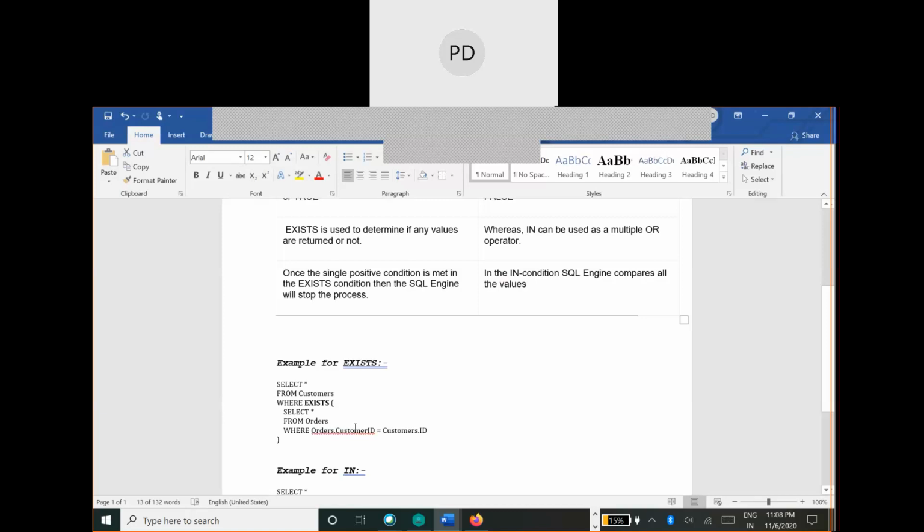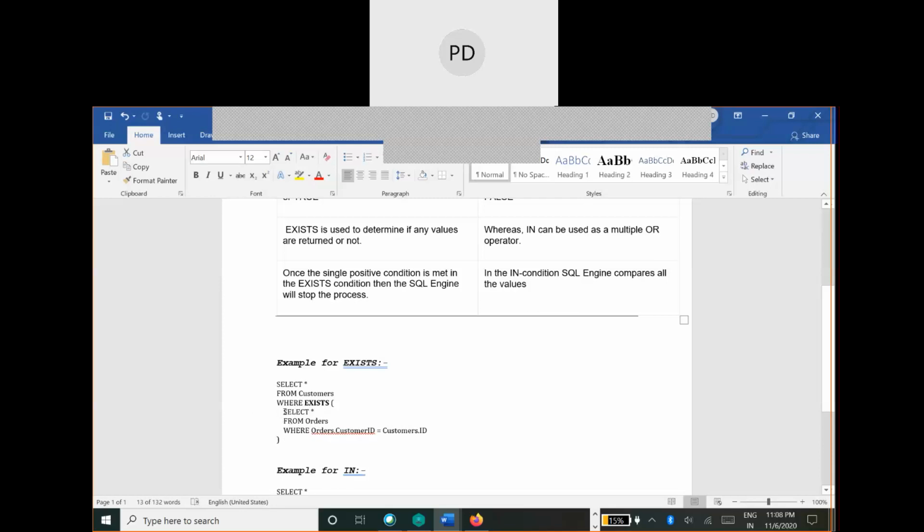The subquery will give all the records where the orders table customer id is matching with the customers table customer id, and on this we are going to run the parent query. What EXISTS does is, if this subquery is able to give at least one record, then it works like a boolean operator.